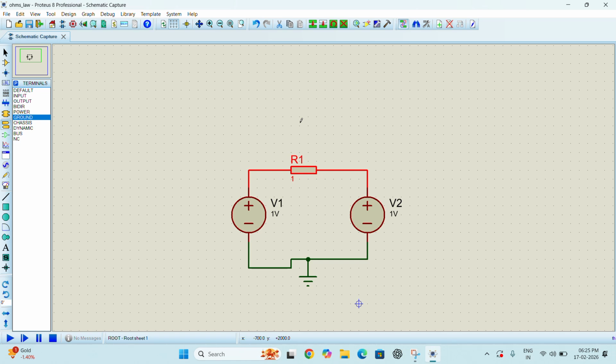I have made it as a 1 ohm, and both the voltage sources are 1 volt. Now to understand Ohm's law, what do you feel? Does current flow in the resistor? We know what Ohm's law is: V equal to I into R. What will I be equal to? V by R. So what is the V? That is the voltage difference